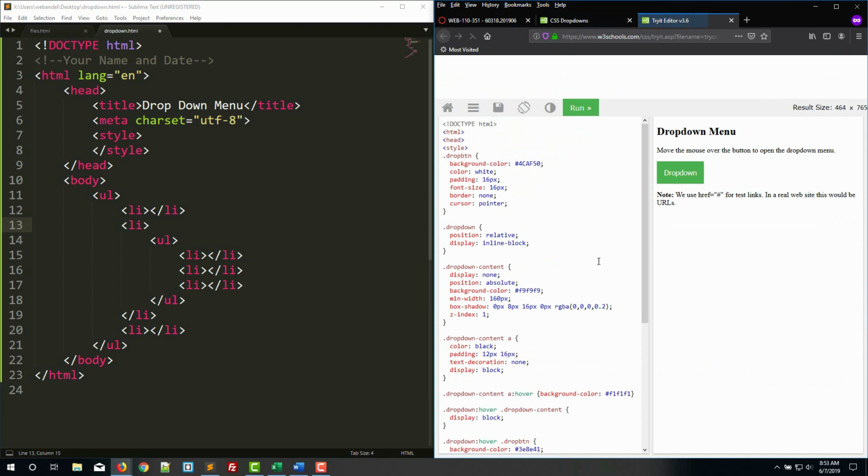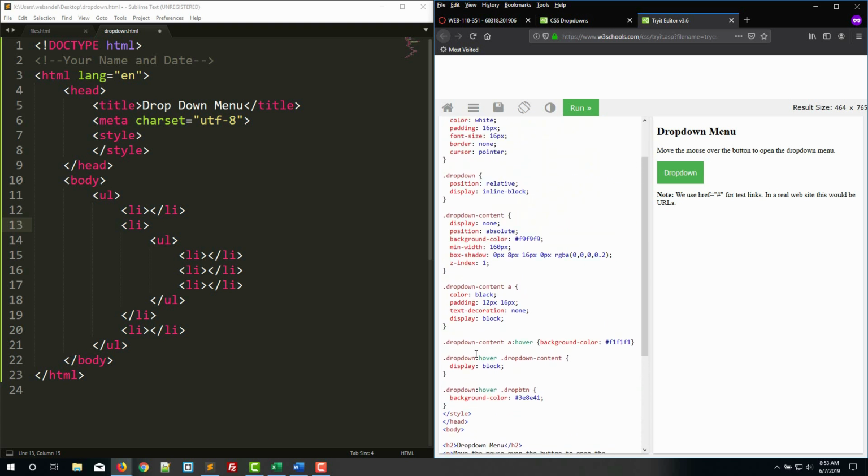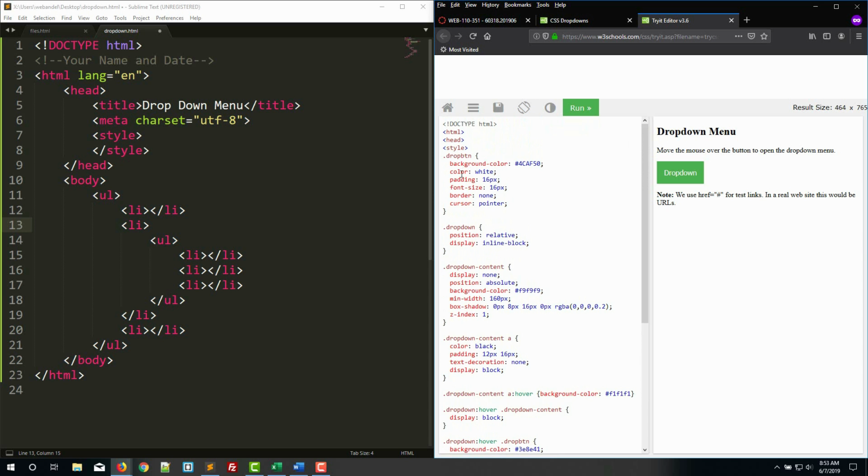Click on try yourself. We'll go down to what they've created. Theirs is actually pretty different. They have a div that they've created that has a couple of different links, and the structure is different, but the idea behind it is the same. So what's happening here is we have this class called dropdown content. There's 3 links under it, and then everything that's happening is happening up here, where we have this dropdown class,